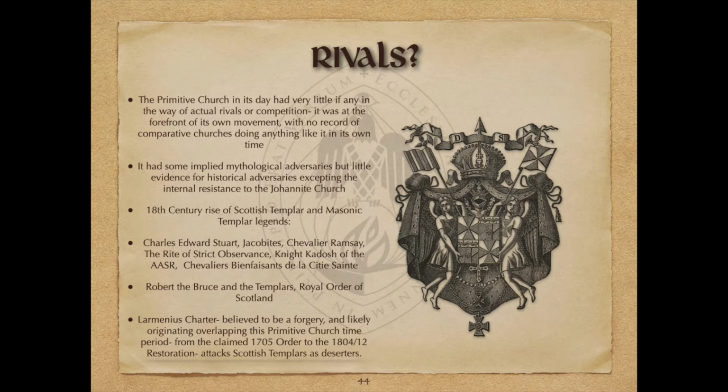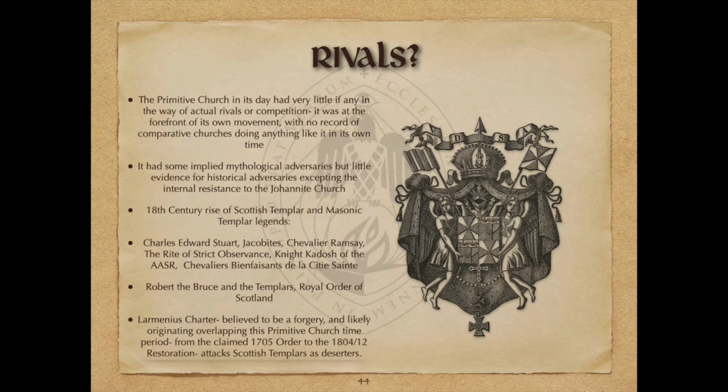The reason why this is significant, why it's worth noting that the Charter of Larmenius condemns Scottish Templarism, is that in the same century, being the 18th century or the 1700s properly, you actually have the rise of the association between Templar continuation, Templar ideas, Freemasonry, and particularly Scottish Freemasonry. So throughout the 18th century, you have the rise of essentially Scottish Templar and Masonic Templar legends. And some of these, of course, connect to Bonnie Prince Charlie, Charles Edward Stuart, the Young Pretender, as he is known, of course, the central cause of the Jacobites,